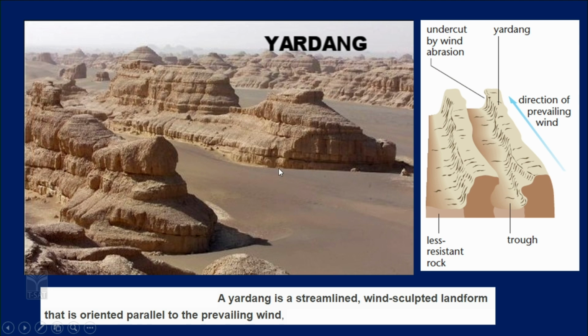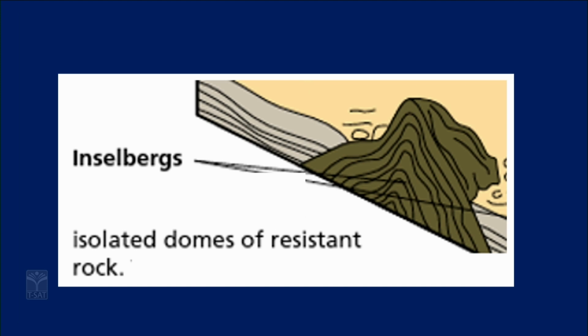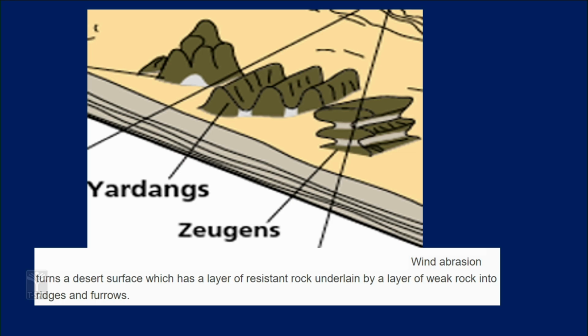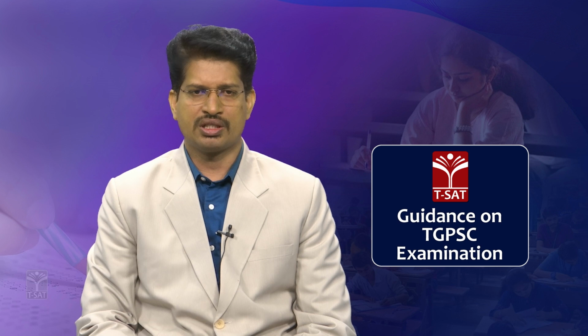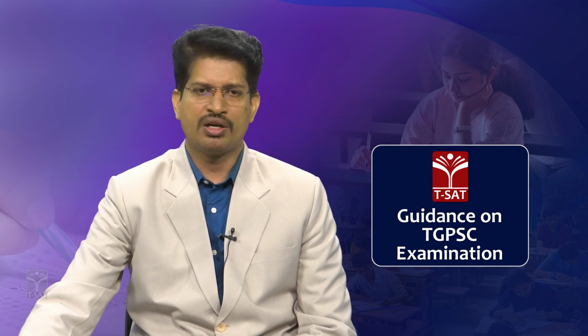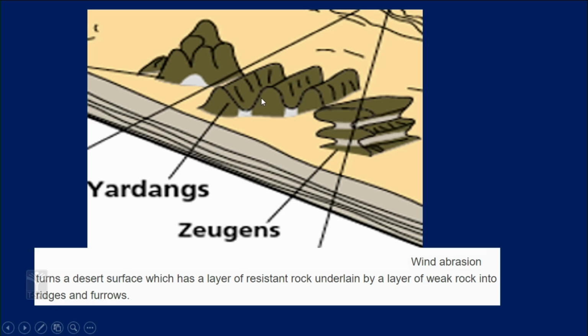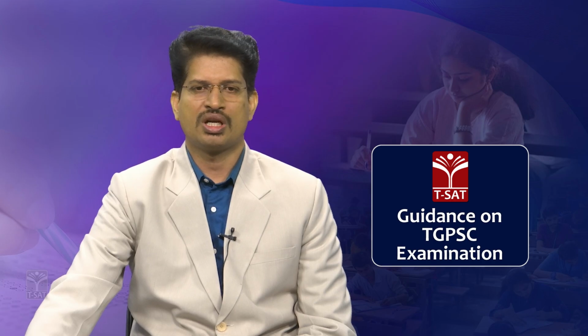So, a yardang is a structure which is formed because of weathering and erosion in Aeolian erosion or wind erosion in the desert region, where the difference between a yardang and a zeugen is because of soft and hard rocks. For example, horizontally, when there is a hard and soft rock, it leads to longitudinal resistant rocks known as yardangs. But vertically, when there are alternating soft and hard rocks, it leads to the formation of a zeugen kind of structure. So, this is known as a blowout.